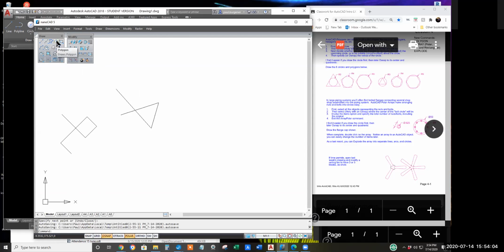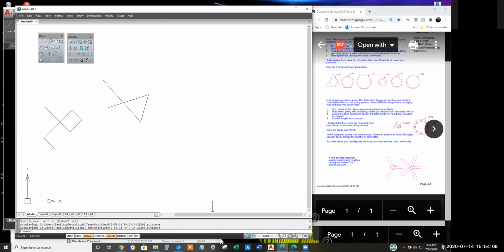Polygon command in NanoCAD. Let me enlarge it so we don't get confused here. It's in kind of the same position, in a similar spot as AutoCAD, but this little pentagon shape is the polygon command in NanoCAD.